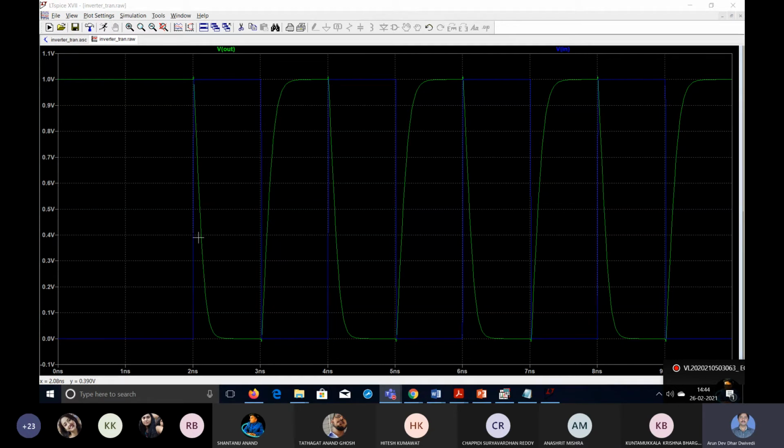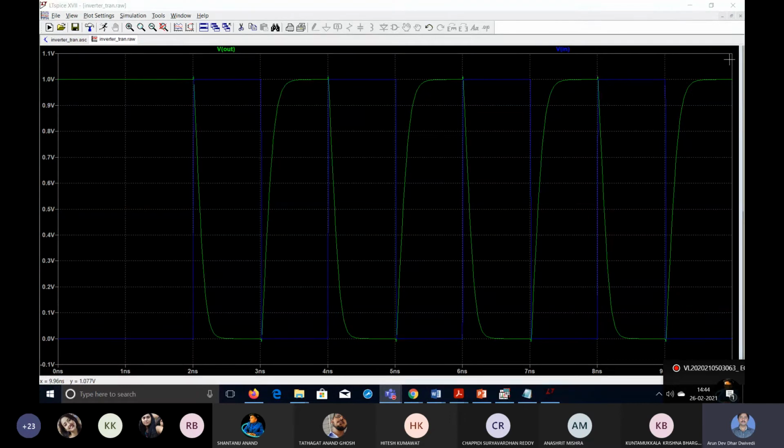Also, if you want to find the rise time and fall time of the output pulse, that can be defined between 0.1, meaning 10%, and 90%. For rise time, the rising goes from 10% to 90%. What is the time difference between these two points? That is rise time. Similarly, the falling goes from 90% to 10%, and the time difference between these two points is called fall time. So rise time and fall time are possible to calculate, and delay is also possible to calculate from these transient characteristics.